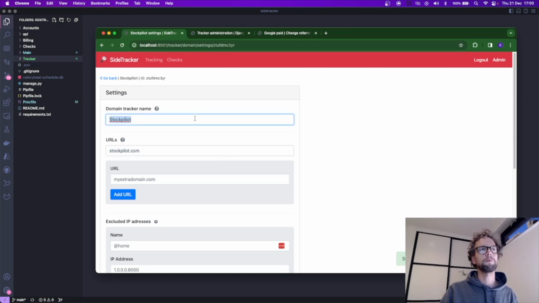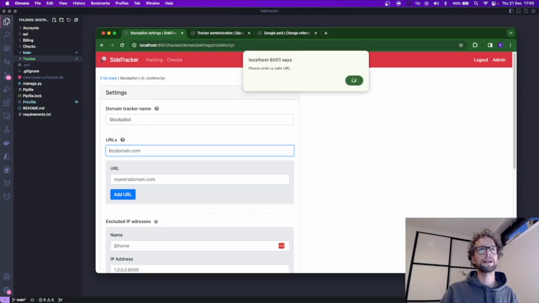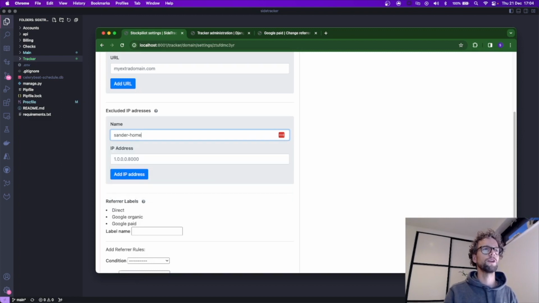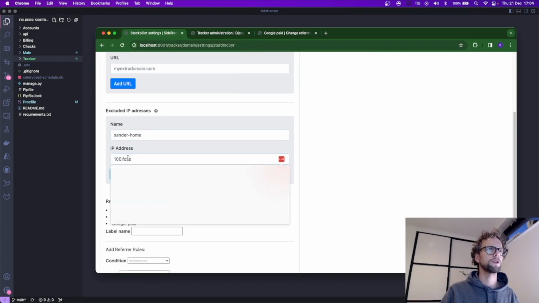And if you leave it empty, of course, you cannot. Same here, you cannot. And then also, if you like, you can add exclude IP addresses. So for example, we say Sander home and then 100. I guess you cannot do this exactly, but you can say,